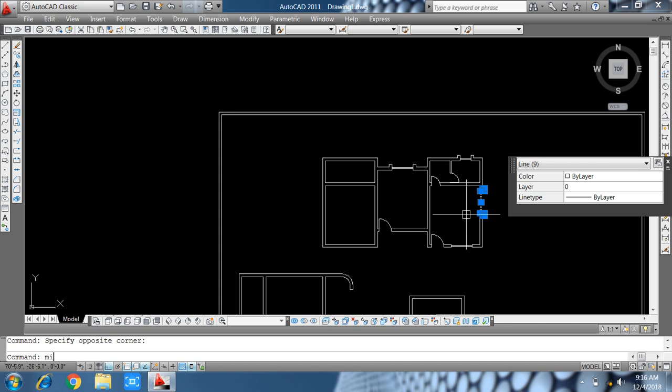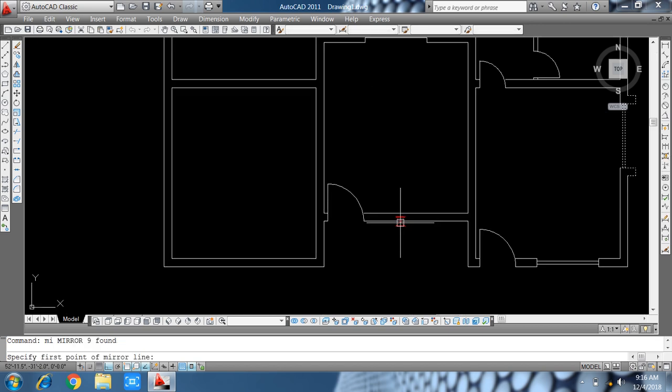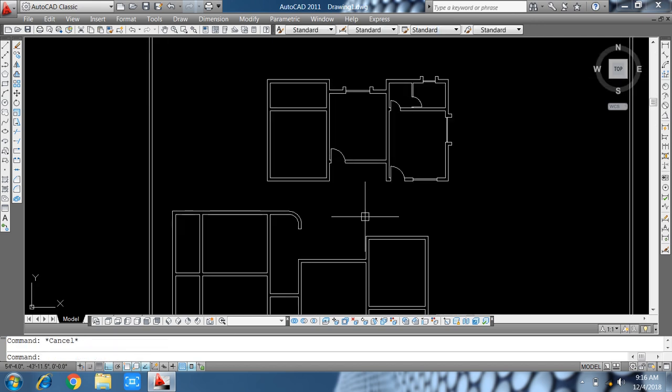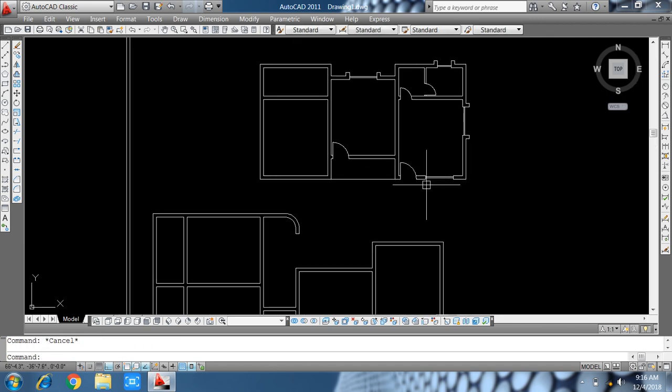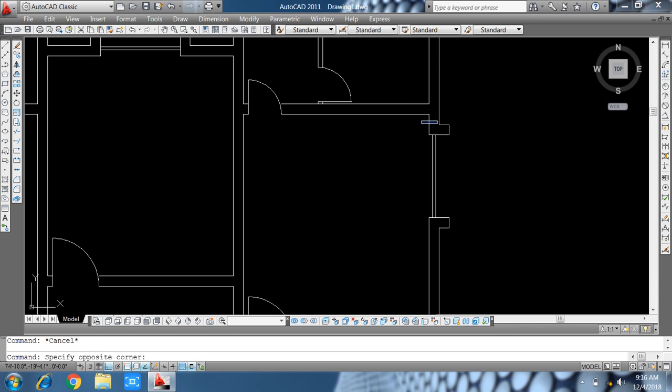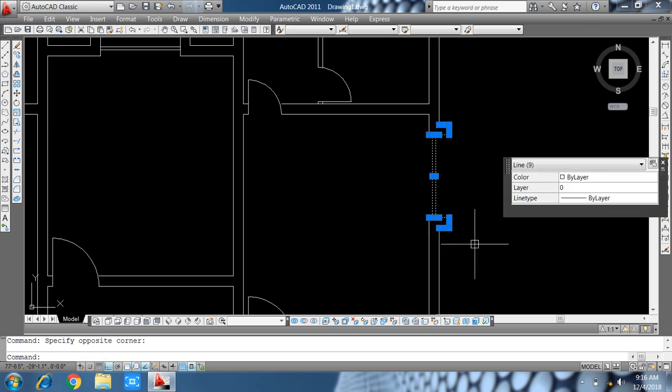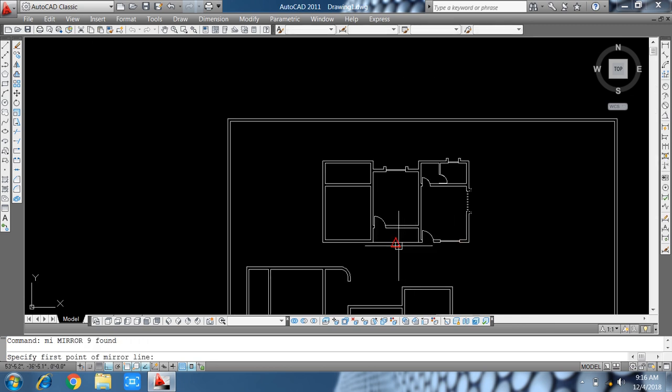and now friends, we make here the window and this door also, select this door and mirror it from this point to that point, trim inside.